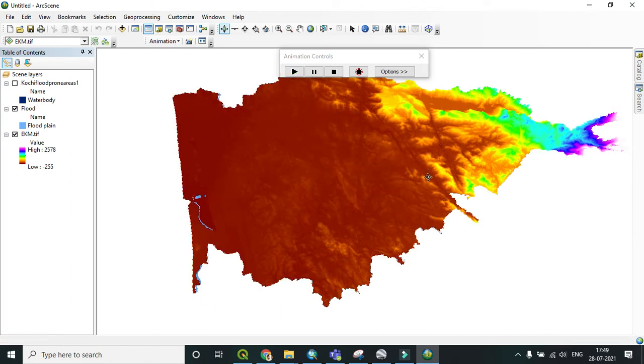So what is the final decision of this demonstration? We have to take more care in this area, because it is very near to the coastal area and also very easy. If you have heavy rain, there are two ways flooding happens. Flash flooding is there, then coastal flooding is there. If you have any embankments over here, then there is less chance. If it doesn't have any embankments or any prevention, because of the coastal sea water